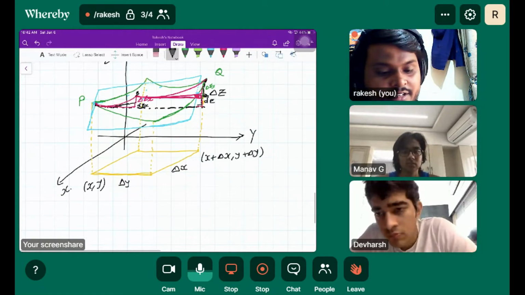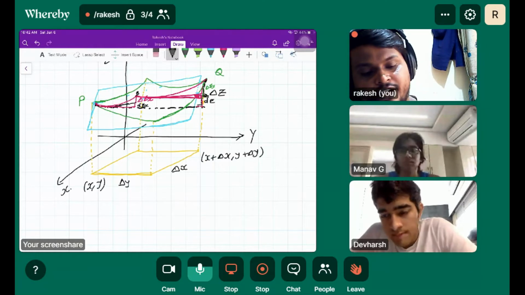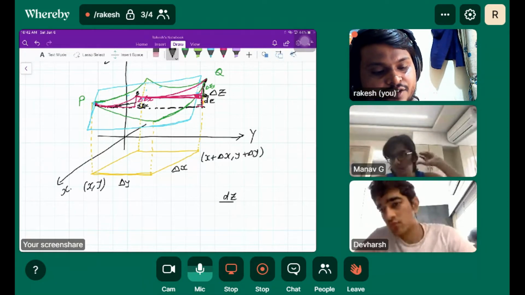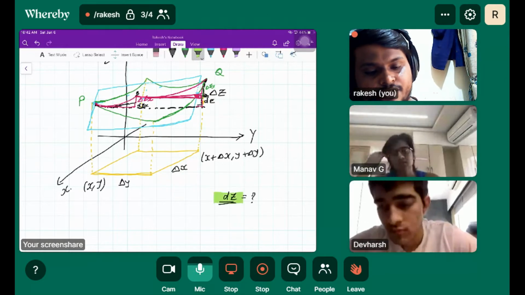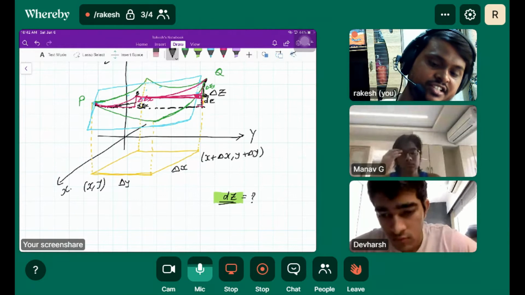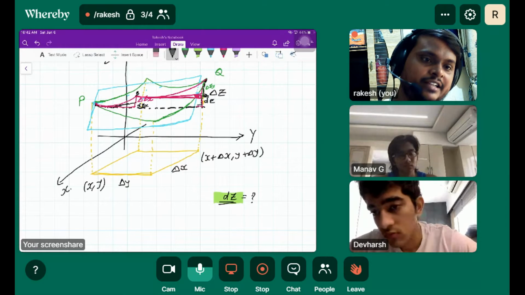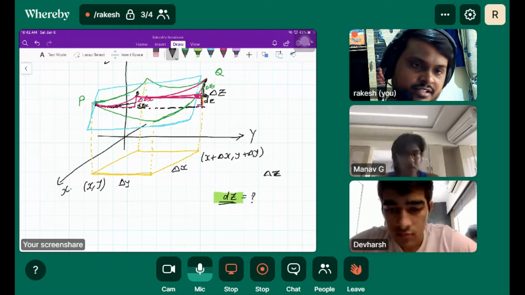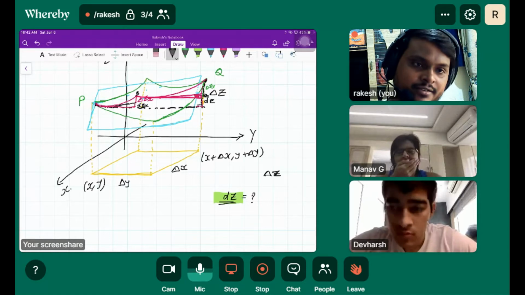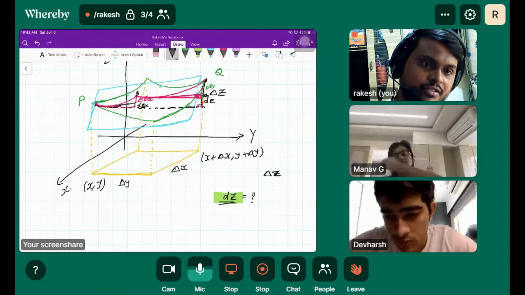You can imagine this diagram again and again, so that it will definitely be understood by you guys. It's not that difficult, but it's important. So we are finding dz. This is our objective. We are finding dz, right? That is the differential. And what is differential? Differential is basically the approximate change in height. Change in height is basically delta z. We are not able to find that, so what we do is find dz. And why these are important, we will be discussing that.